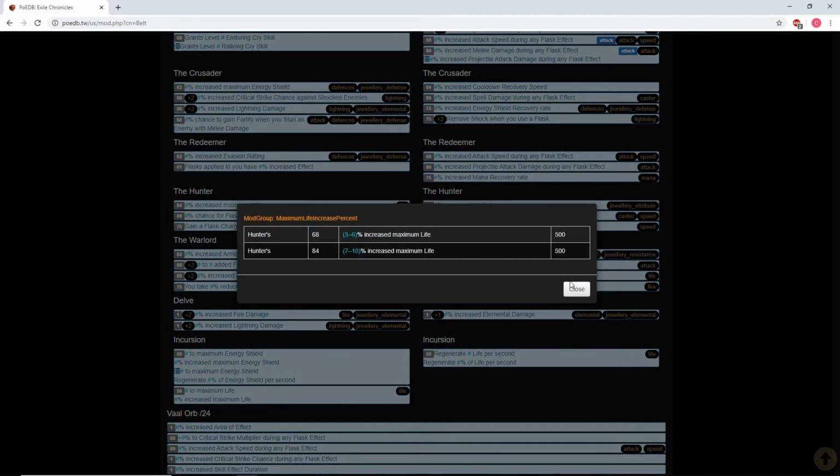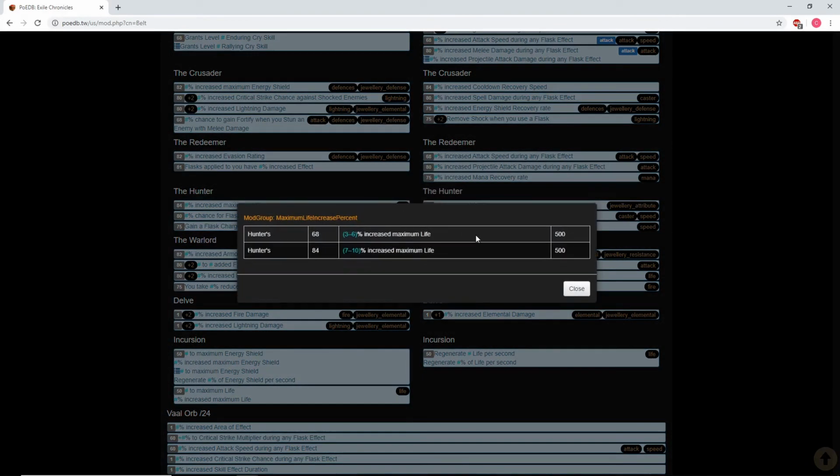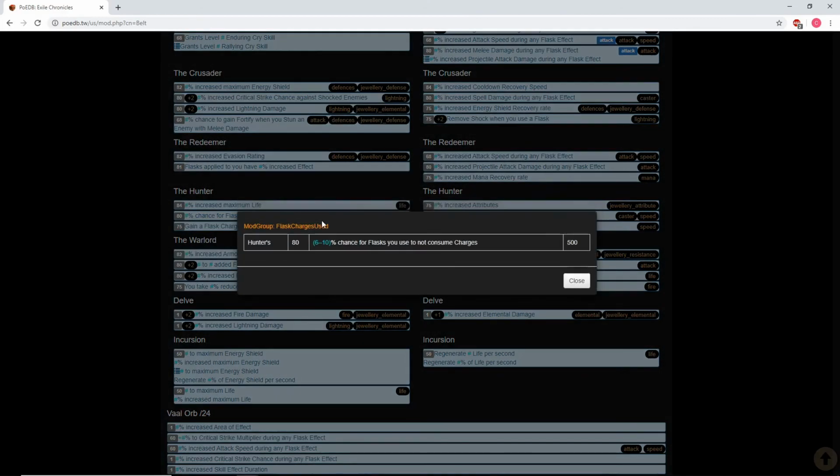Holy crap. All the mods are good. Life, gain flash charge on crit strike, chance for flasks to not consume charges. All those mods are good. Nothing could go wrong there other than rolling 3 to 6. Yeah, if you roll 3 to 6, that sucks, but